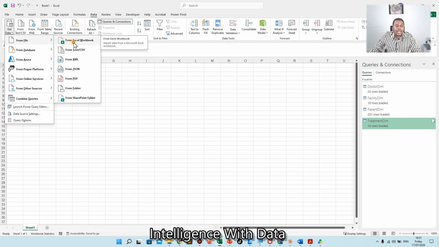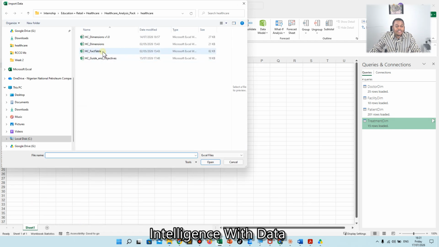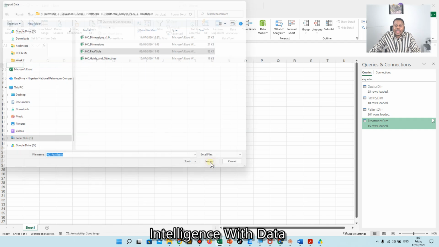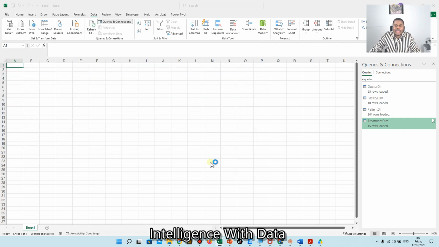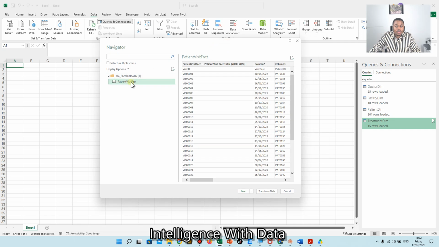So right now I'm going to select the fact table, which has all the numerical values and the date of events. So when the patient visited, when they checked out, number of days they spent. It has columns that I can aggregate to produce my report. So this is a navigator window. I will check on this data here, and this is a preview of my data. Of course, I need to transform